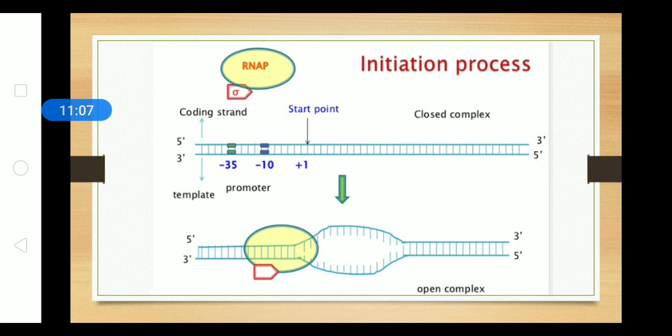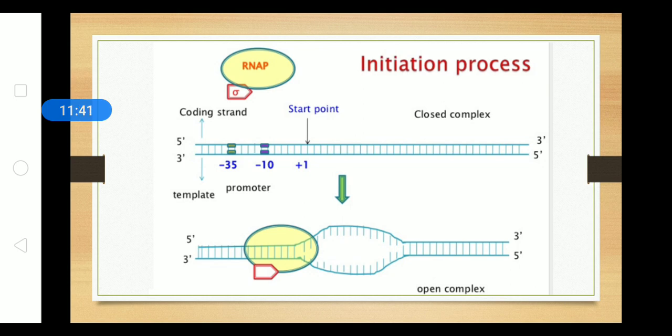If you consider the sigma part, it is at the -10 position, so that when the initiation starts, the essential part which is to be transcribed does not skip off. You can consider the fact that we do not always start writing just from the edge of a margin while writing an exam, because we can skip out the main part, which will not be considered if it crosses the margin. So that essential components or essential codons are not missed, it starts from the -10 position.